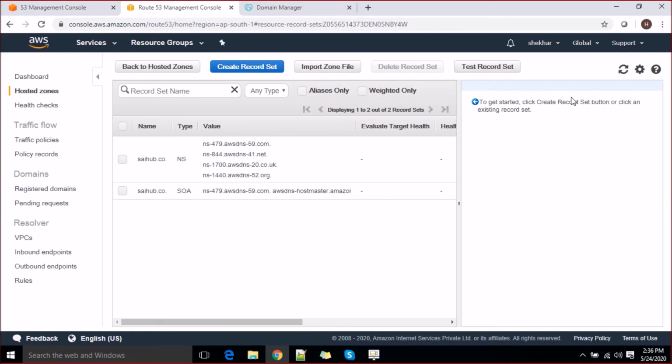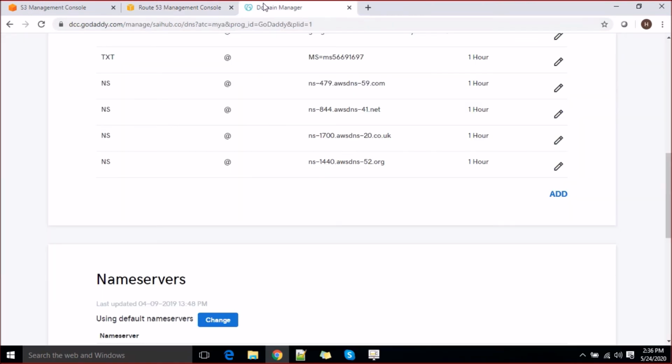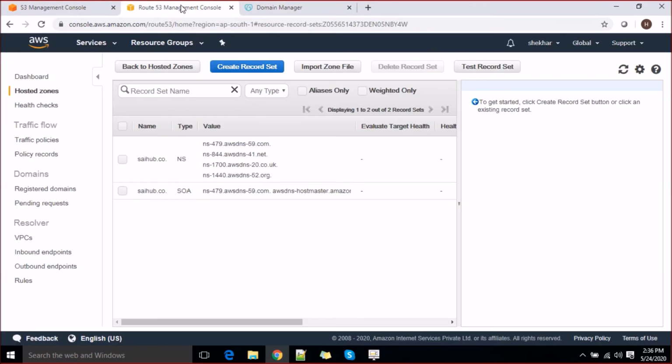So why are we using Route 53? We could have directly mapped my S3 bucket to GoDaddy.com, but why are we using it? We are using it to reduce some latency, so that we do not have to redirect our services to GoDaddy.com for everything, which can save some of our time here. That's why we have created a hosted zone here, which can help us reduce some latency and give us some good performance as well.